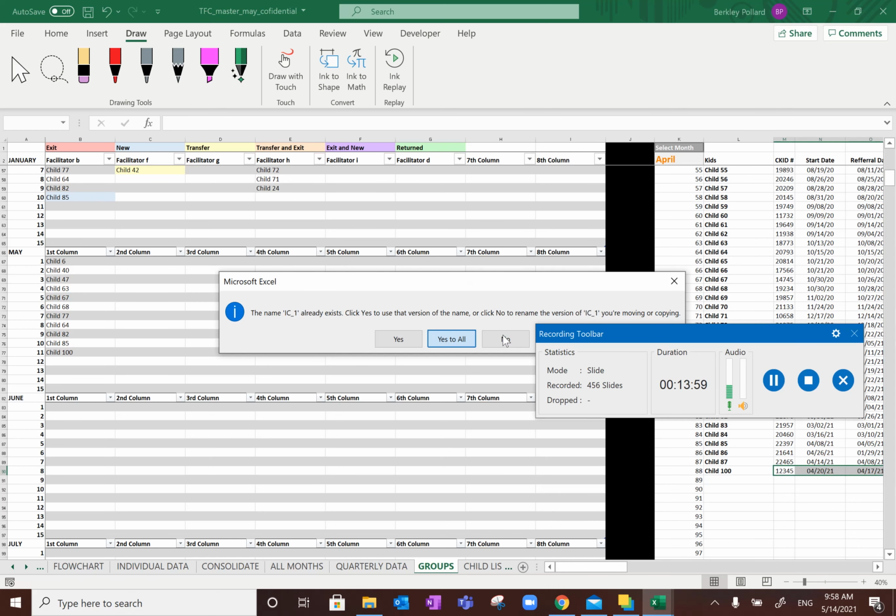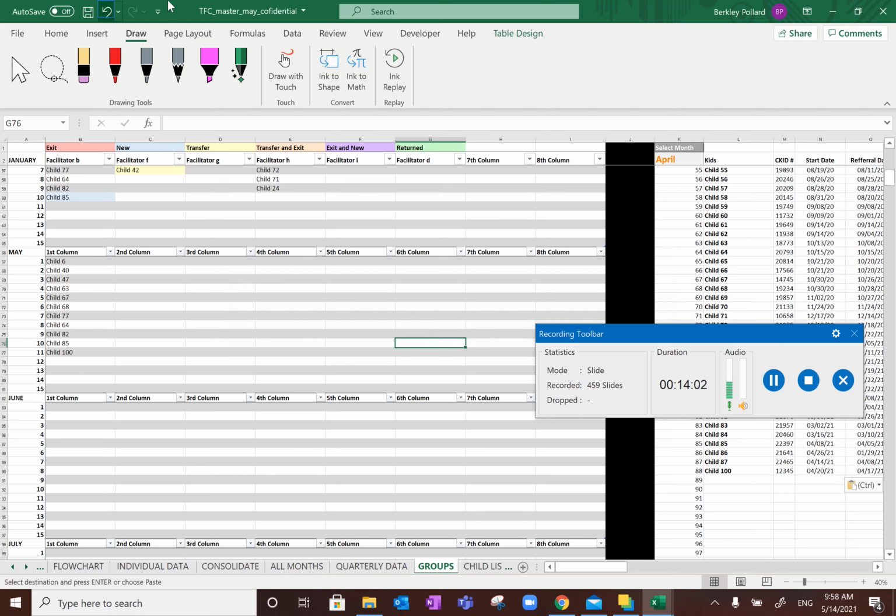Okay, if that happens, we don't want that to happen. So I'm going to hit yes to all, but then I'm going to hit undo. So to prevent that from happening, you can just manually type whatever they had in there, or you can right click, hit paste, and then do values. Okay,